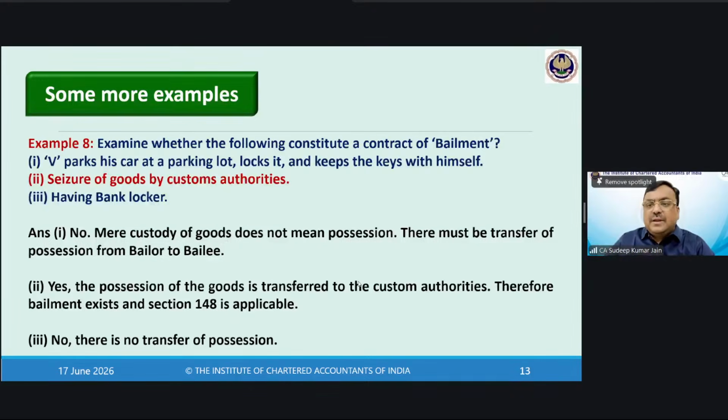सर चैट बॉक्स प्लीज अलाउ कर दीजिए बच्चों, कुछ ये मुझे पूछनी है बच्चों से। ठीक है। सर, एसेंशियल एलिमेंट वुड बी कॉन्ट्रैक्ट और एग्रीमेंट, सेम थिंग एट दिस प्लेस।